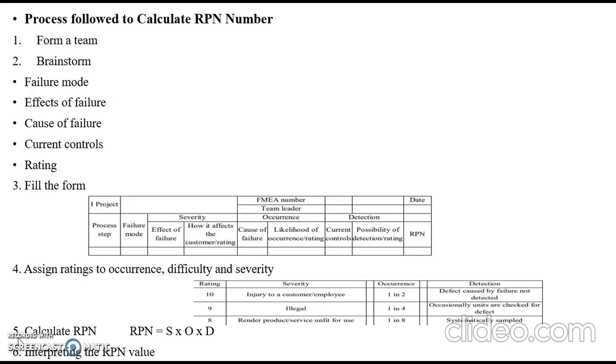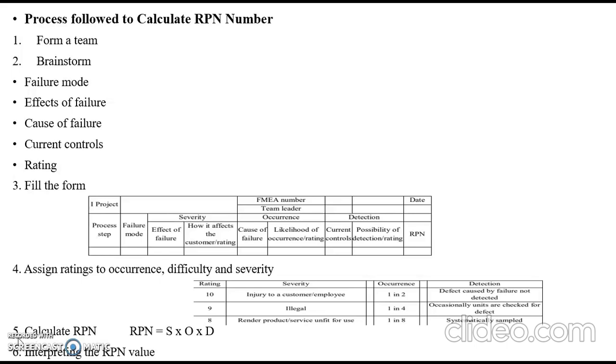So, severity estimates are most often conducted using a 1 to 10 scale, with 1 being low and 10 being crucial or critical. Next is occurrence. The occurrence ranking for a failure mode provides an estimate of the likelihood that a specific cause would occur. This estimate is generally based on historical data or other research data. Occurrence estimates are most often conducted using 1 to 10 scales, with 1 being low and 10 being critical.